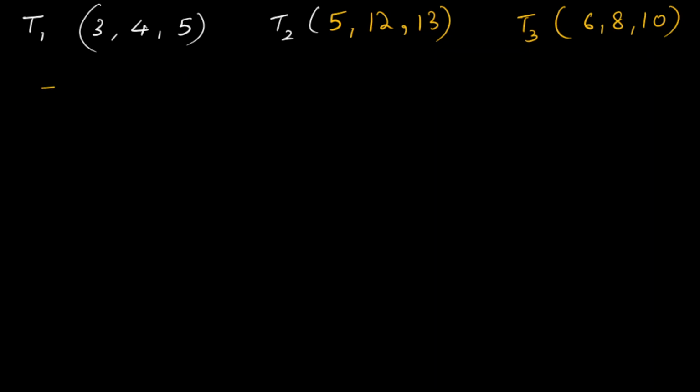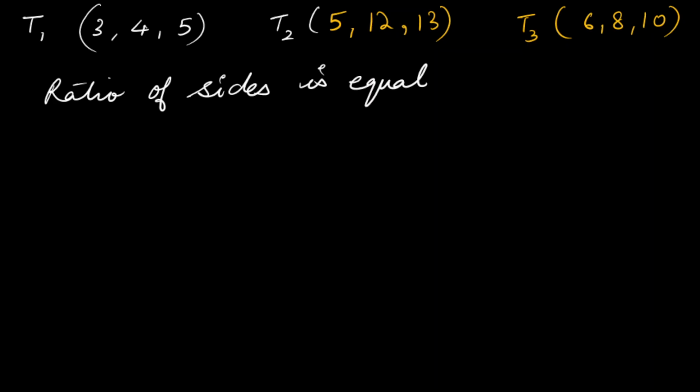So if any of these are similar to each other, those will be related, because this is the given relation. Now for similarity, we know two triangles are similar if their angles are the same, but regarding angles we don't have any information. Information about sides is given to us. For similar triangles, the ratio of corresponding sides is equal and all angles are equal.